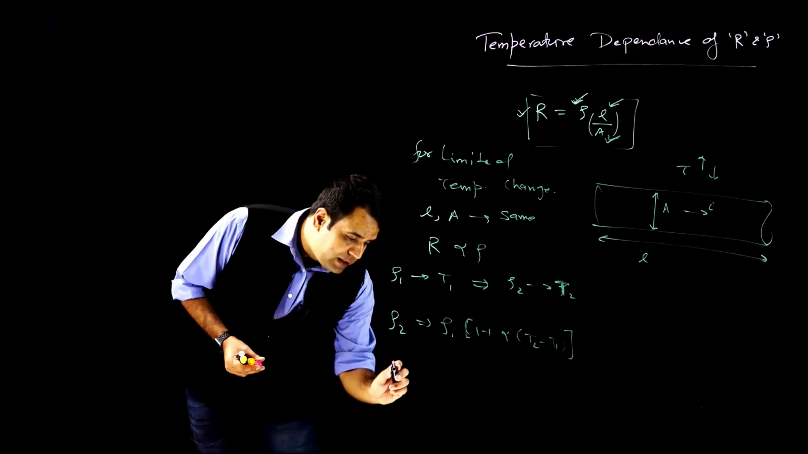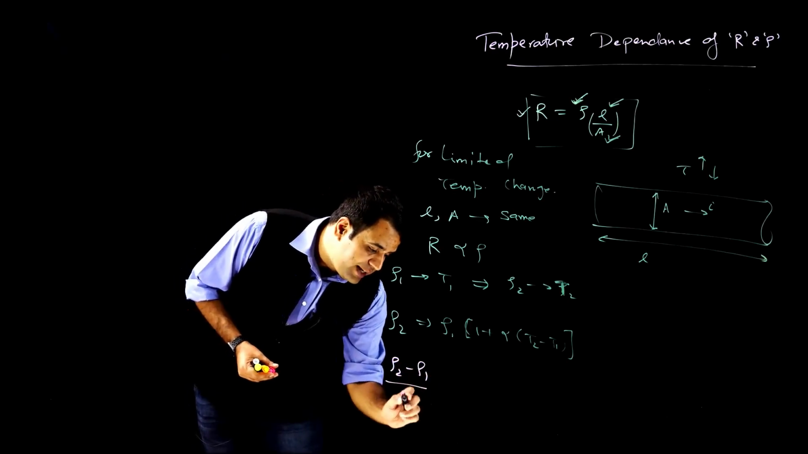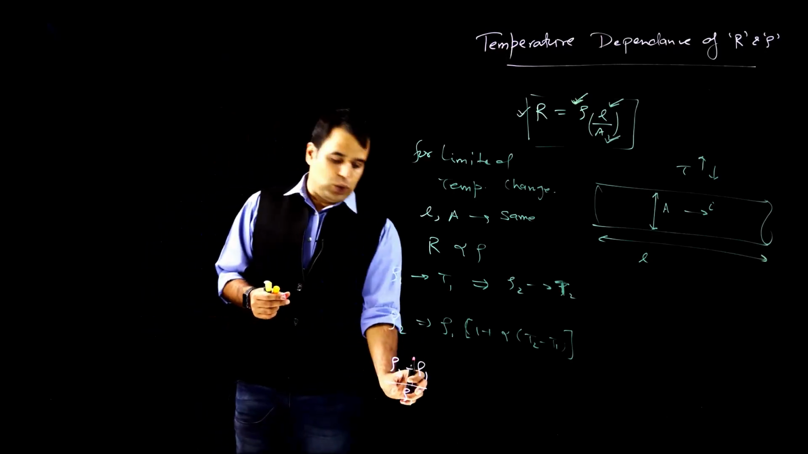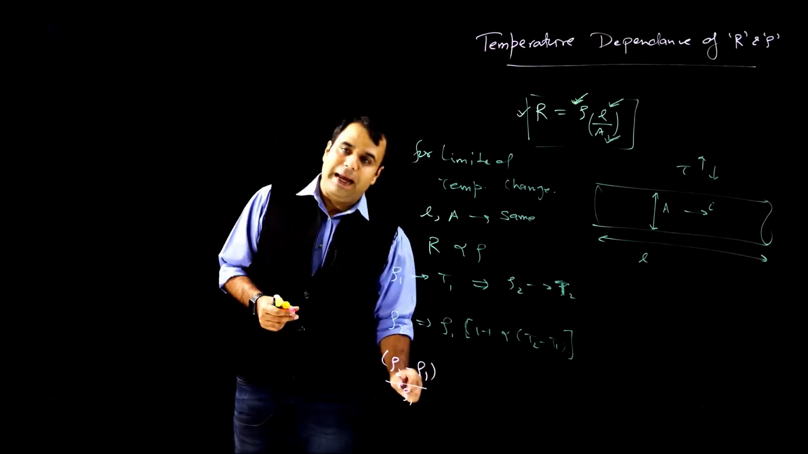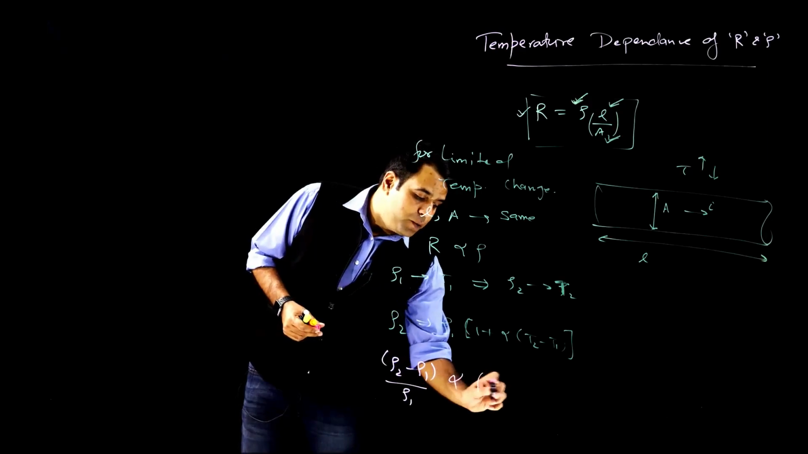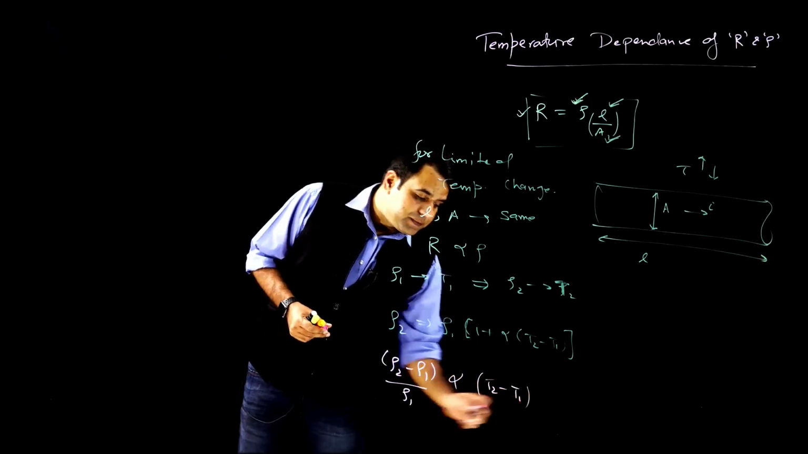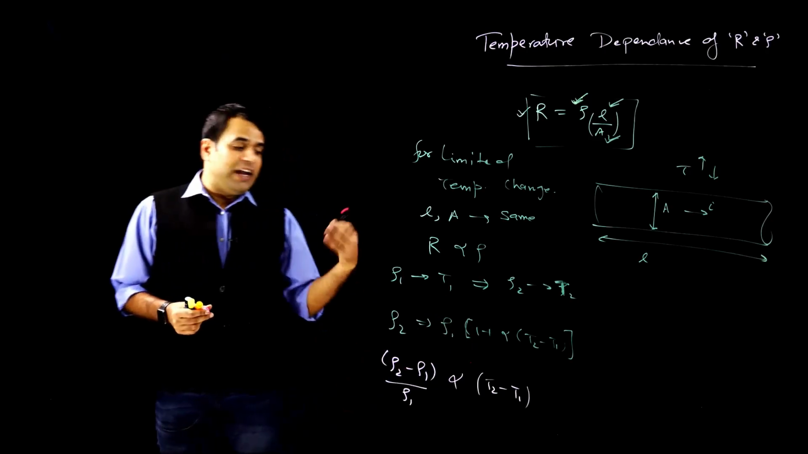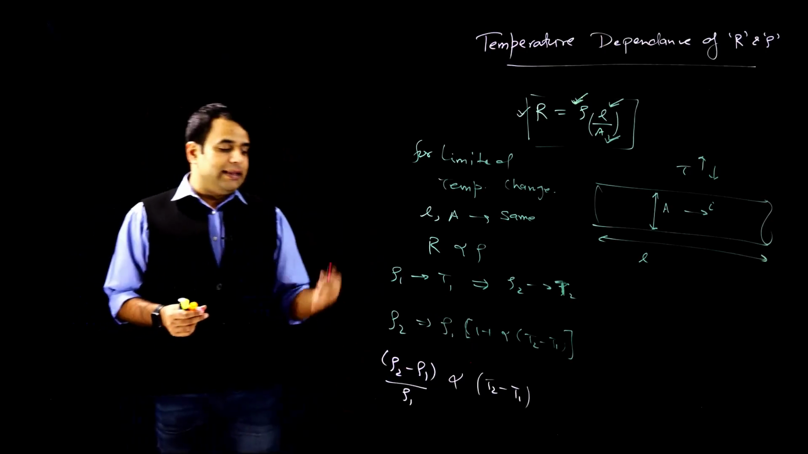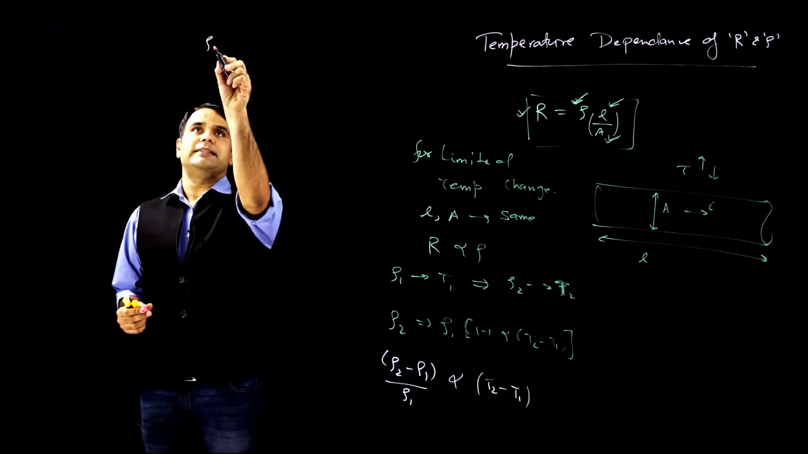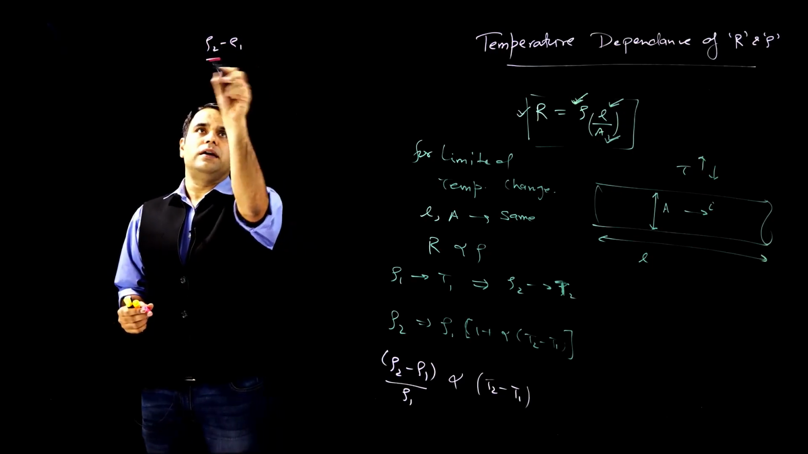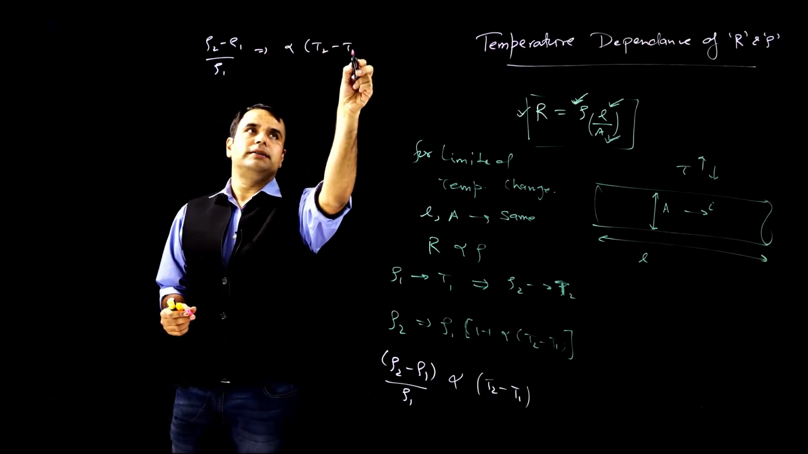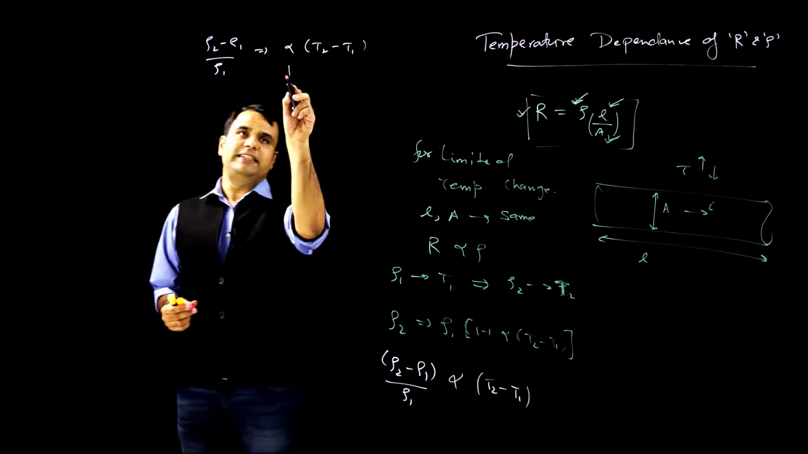Or you can say (ρ2 − ρ1) divided by ρ1. This is a fractional change, change with respect to the initial. Change with respect to initial is proportional to temperature change. So if you simplify this, since it is a proportional thing, we have to introduce a proportionality constant, and that proportionality constant in this case comes out to be alpha times (T2 − T1). This alpha is defined as